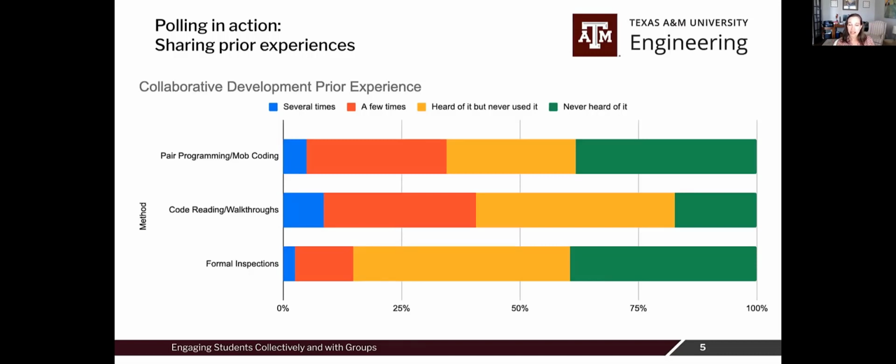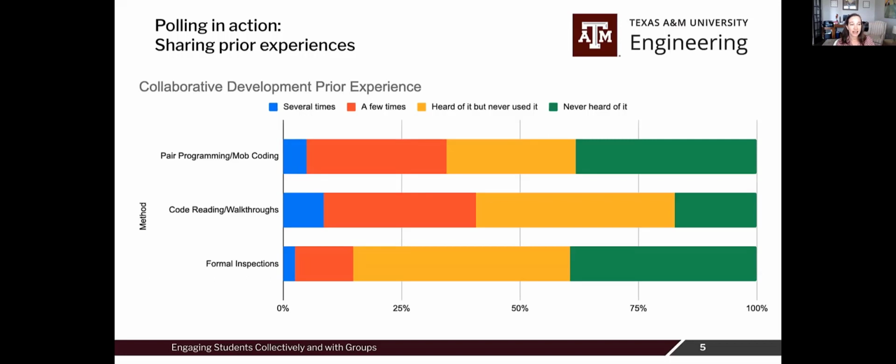And so then they can all of a sudden see, oh, some of my classmates are just like me. They've had experience, or they've never had experience, or they have no idea what I'm talking about, right? And it helps them realize they're not alone, especially in a class where some of my students are on Zoom and they're probably sitting in a room alone. It helps build this kind of community so they're not isolated. And so then I can point out trends that we see and then start to talk about them.